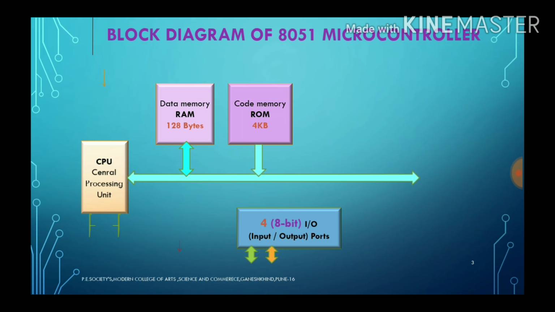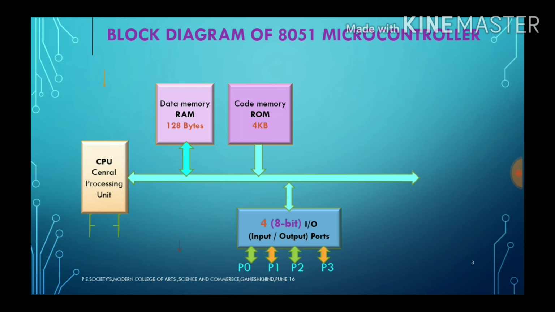These ports are 8-bit ports. That means the parallel communication devices can communicate 8 bits of data at a time. These ports are named or referred to as port P0, P1, P2 and P3. The data given and taken via these ports should be communicated to the internal of the system via a bidirectional